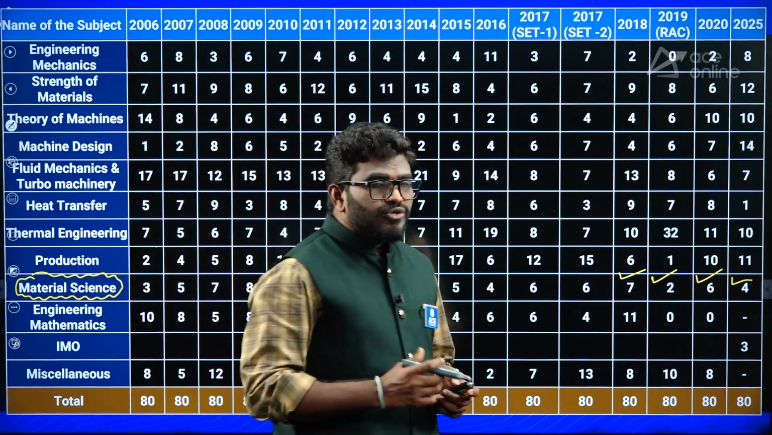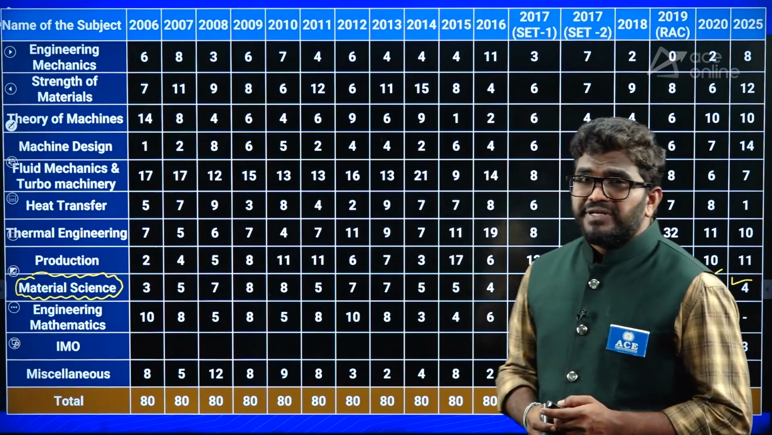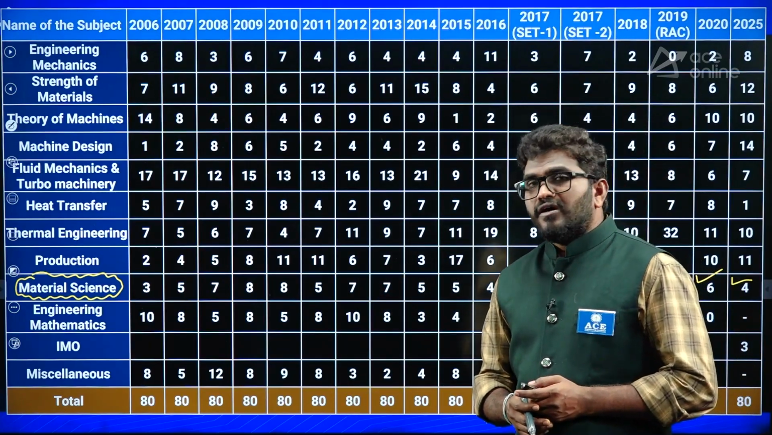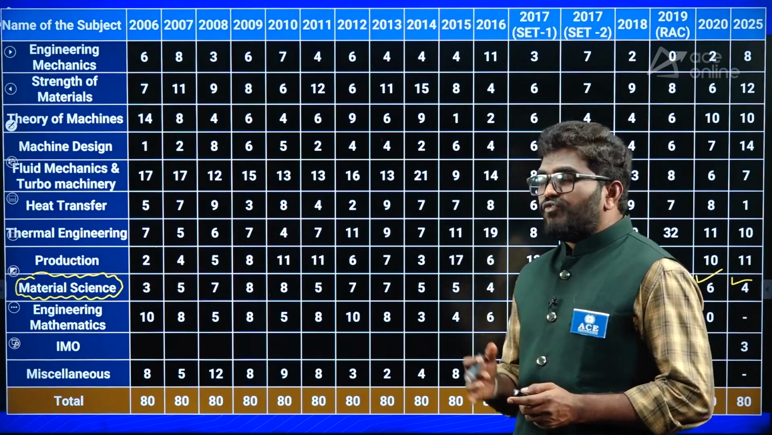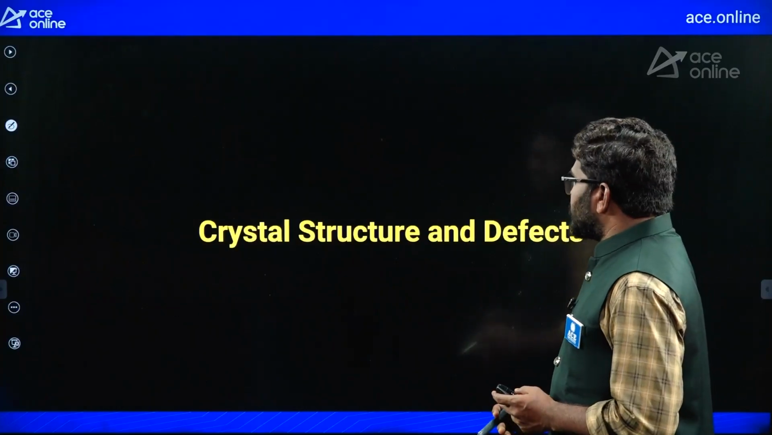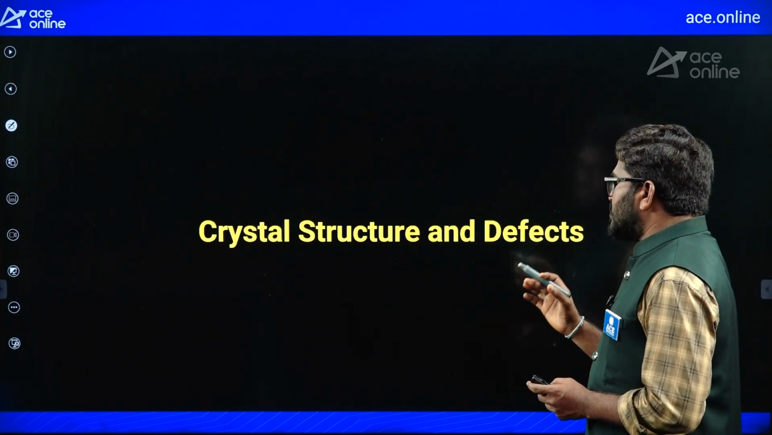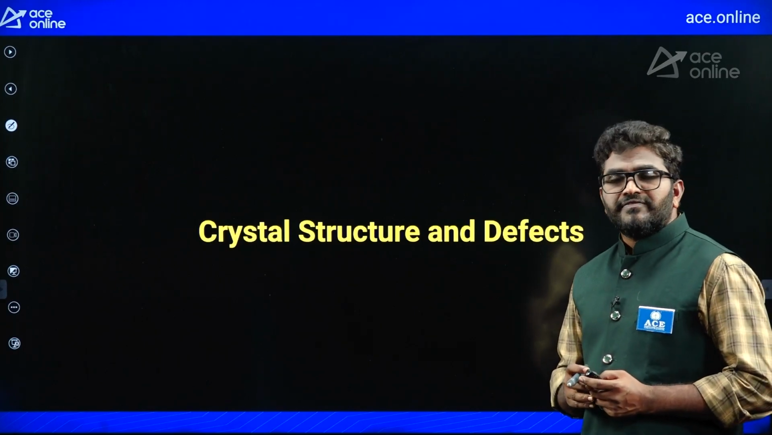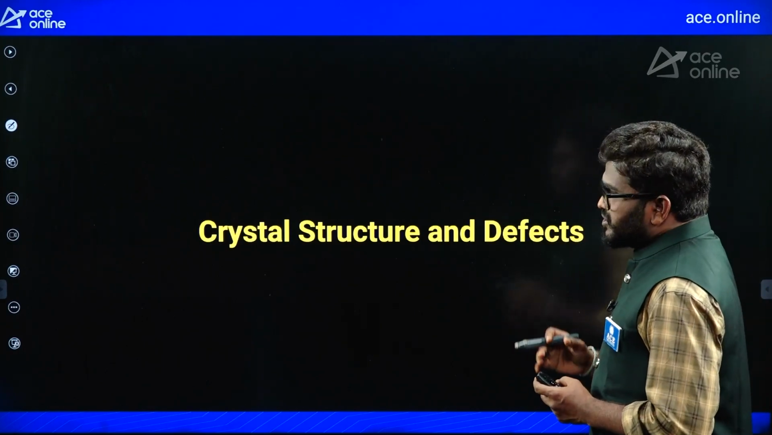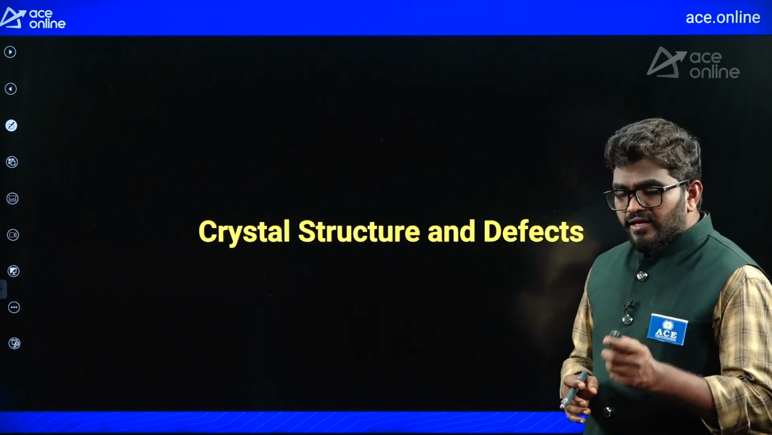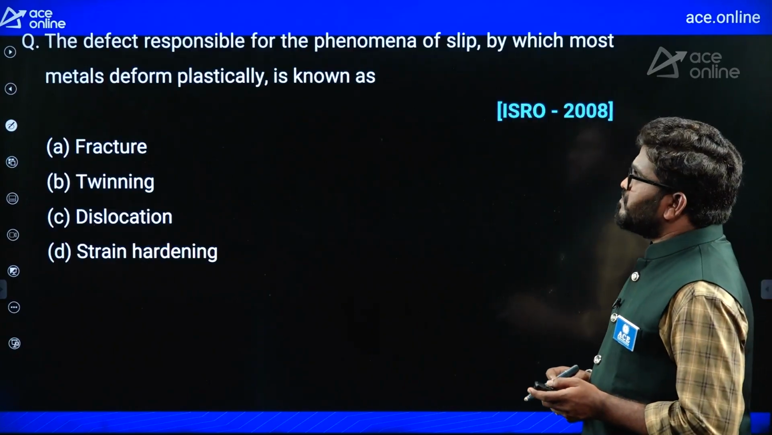Now I am going to discuss the previous year questions of this material science topic, one by one. First, I will discuss questions from crystal structures and defects, the first unit. Now you can see here,